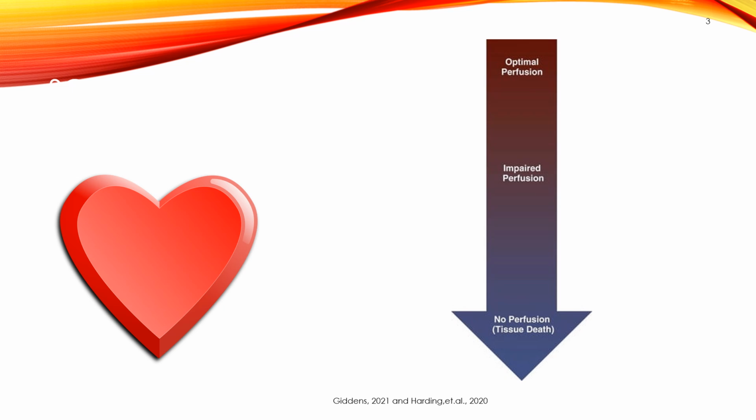And then conditions specifically that involve perfusion include neuro, so interfering with blood flow from the brain, pulmonary, which impairs blood flow to and from the lungs, and then cardiovascular, which interferes with blood flow in the heart, the arteries,